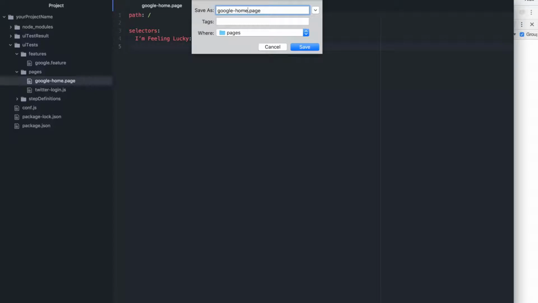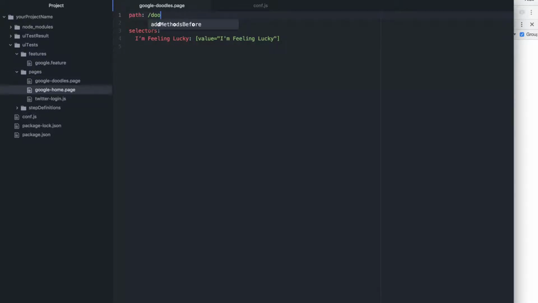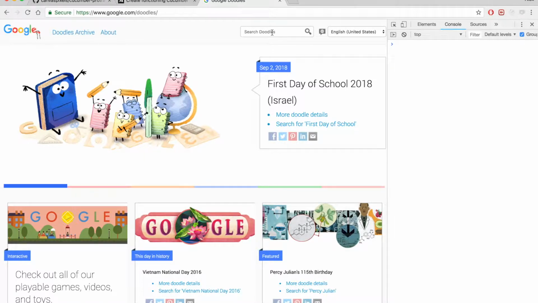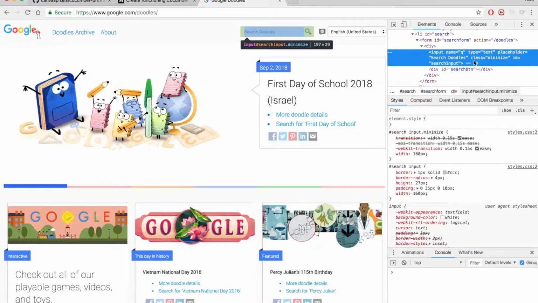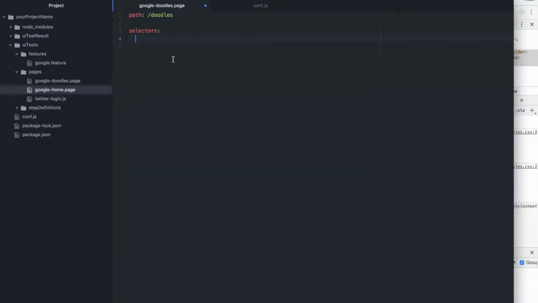So I'm just going to save this one as Google Doodles, and then that'll be /doodles, and then I'm going to take out the selector and add a new one. So let's just assert that this exists, this search box here. So I'll just grab this by, oh, it's got an ID there, so let's use the ID. Now, IDs, you need to put the selector inside quotes, because otherwise it'll think it's a comment. So search input, so we could call this search input. Save that, and so I've got my page object, I've got my selector of the thing I want to check